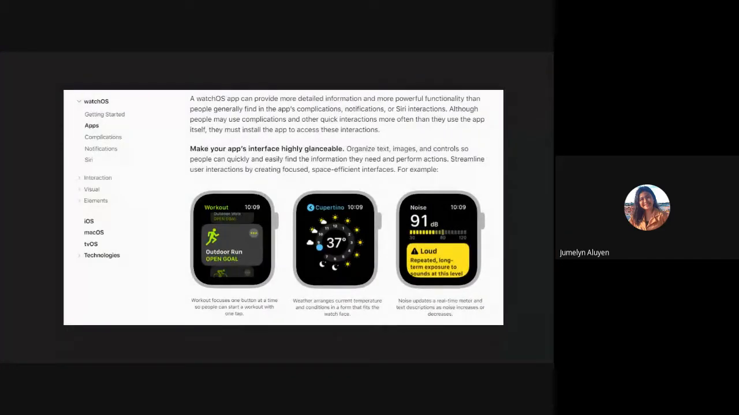So this is an example of the design guidelines of Apple Watch. On the first picture, you can see there it's a workout button, and it says that it focuses one button at a time so that people can start a workout with one tap. So the purpose of this is that